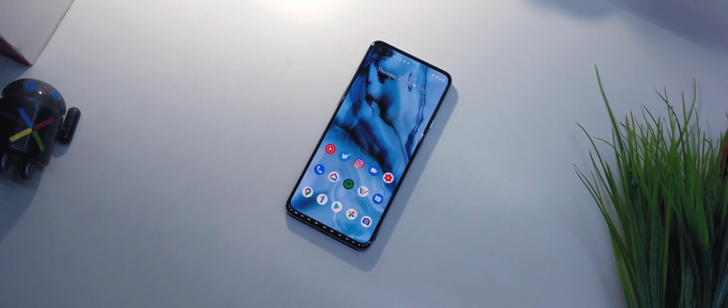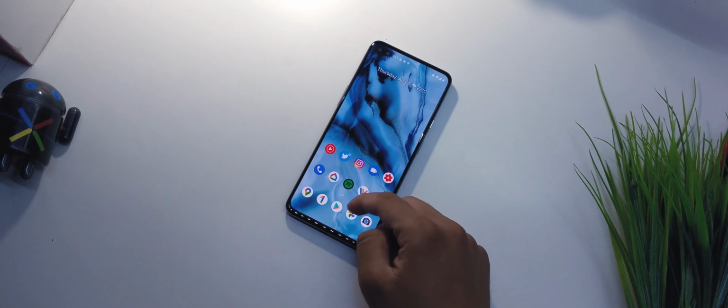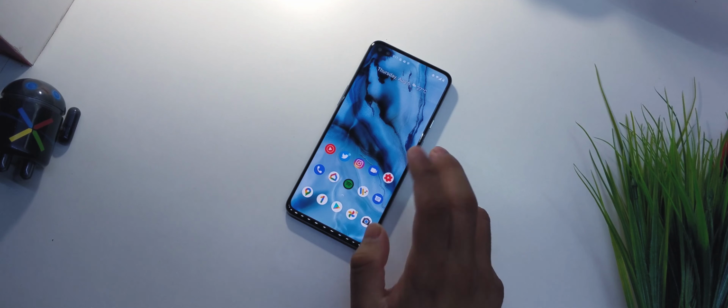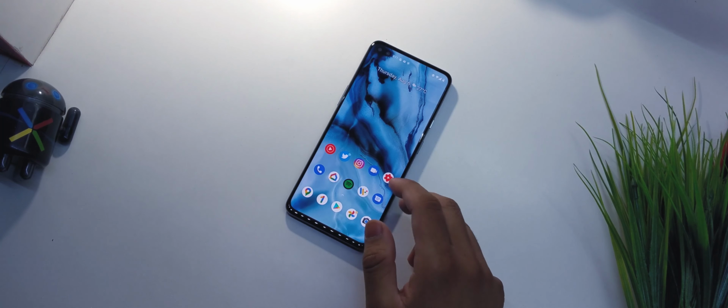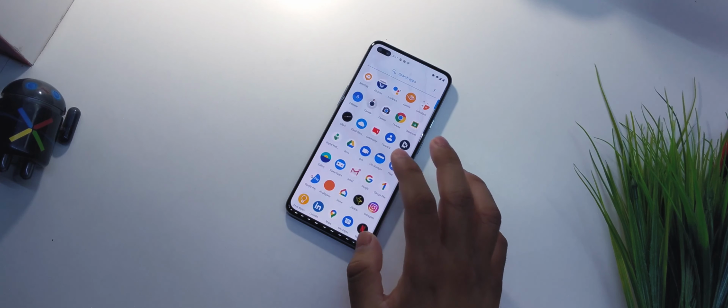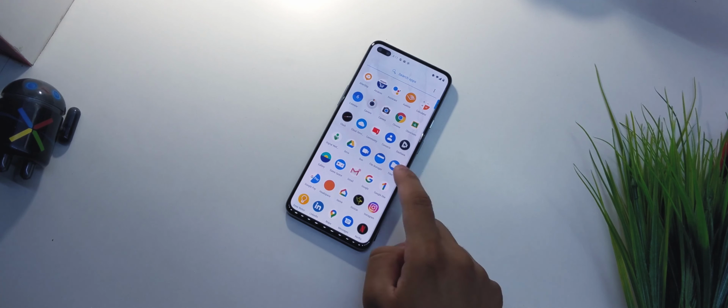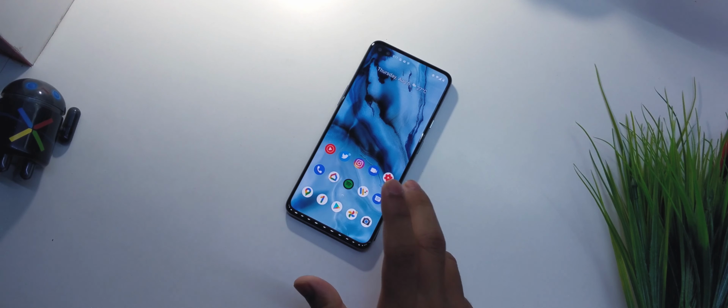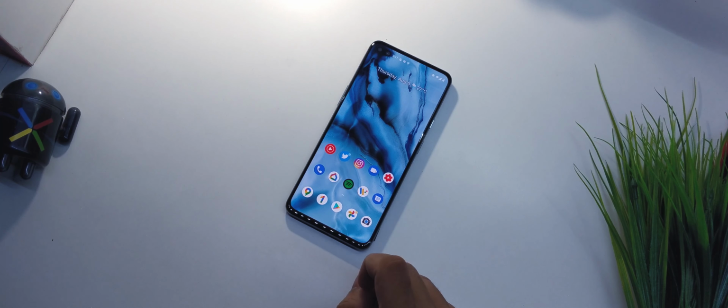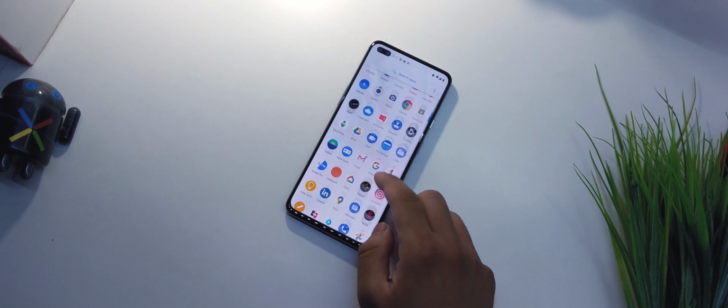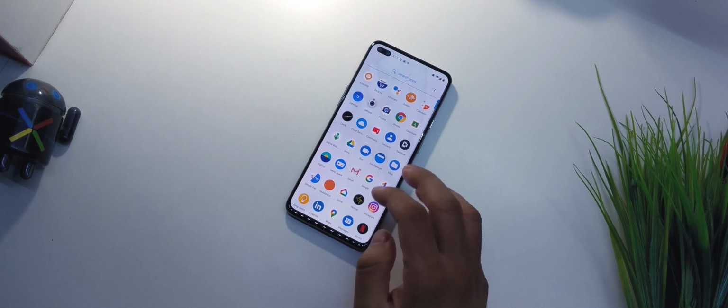So another couple of changelog items, it says optimization in video calling. So basically video calling will be improved with this particular update itself. Then it says improvements in the performance of the rear camera. I'm not sure if the performance has improved or not, but there's a video I'll be making soon on the stock camera versus Google camera, so stay tuned for that. It also says optimization for depth sensor effect. So I think the depth camera has improved a bit. And then it also says improvement in power efficiency for video recording and system stability. So yeah, those were the couple of changes that OnePlus has pushed to the OnePlus Nord.